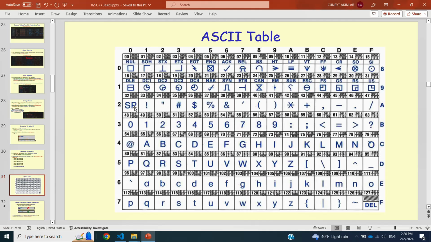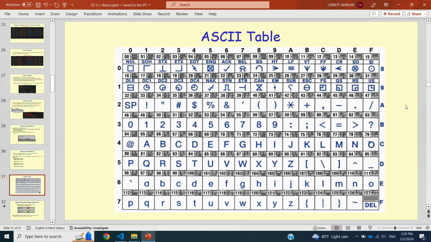So the first printable character is the space character, which has an index of 32. So you can see the index or the value of this character, 32, on top of the character itself. And look at 0, the digit 0, that has an index of 48, and capital A or uppercase A has an ASCII value of 65, and lowercase a has an ASCII value of 97, as you can see. So the special characters are here, like dollar sign, the parentheses symbols, and so on.